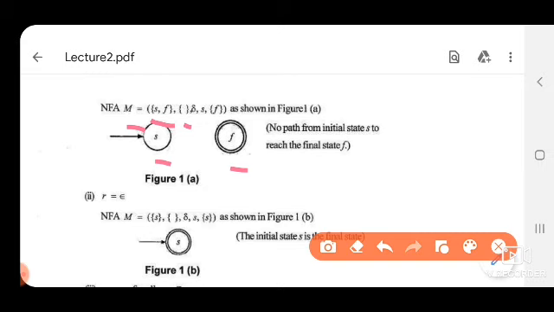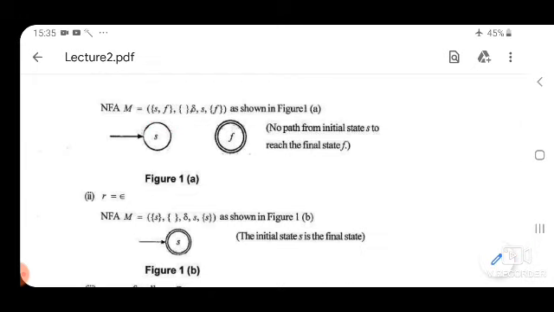Then delta is the transition function, S is the starting state and F is the final state. So we can represent the NFA for phi with this M. Okay, so there is no path from initial to final state. If in our exam there is a requirement to represent phi, then we will represent it like this.